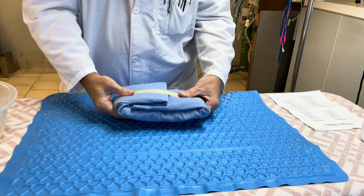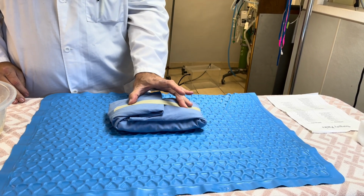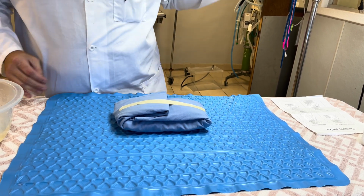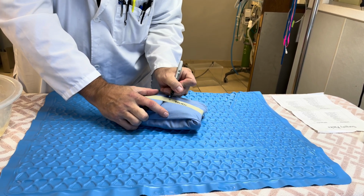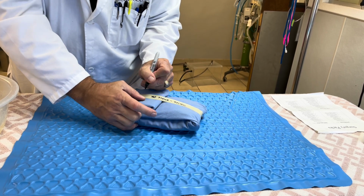It's a pretty long piece of masking tape, it doesn't have to be quite that long. Then you'll write your initials and the date on, and the type of pack on this. You'll have a Sharpie, so this is 9/20/22, a small pack, and then